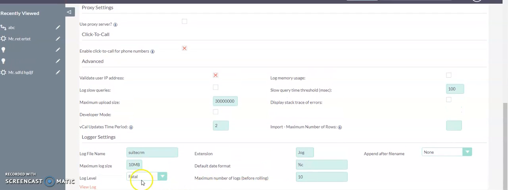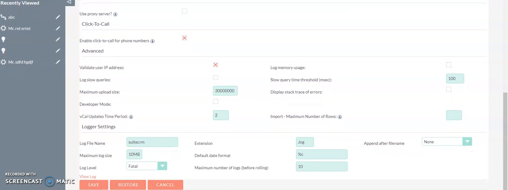By default the log level is set to fatal, and I have also chosen fatal because we are always going to check the fatal errors of SuiteCRM, what is happening and why these errors are coming. Maximum number of logs before rolling: you can change the maximum number of logs to 100, 20, or 10, whatever you want.